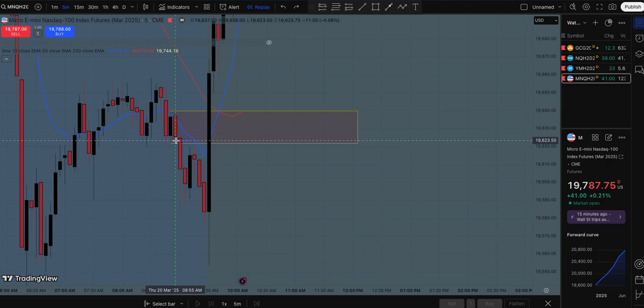Because the candle here never came all the way down, and the candle here never came all the way up, neither the body or the wick. We never came all the way up and closed above the wick here or in line with the wick here. So that leaves a gap, right? So that being said,